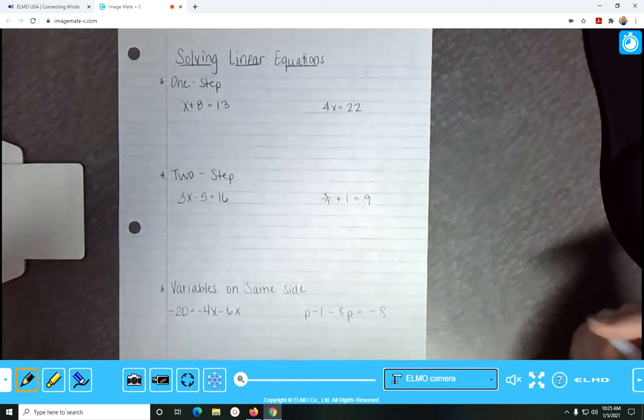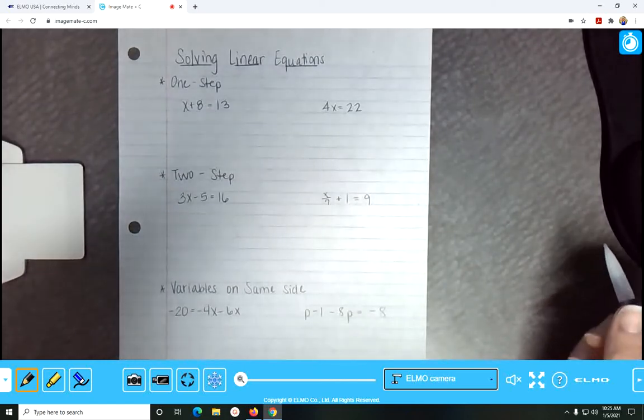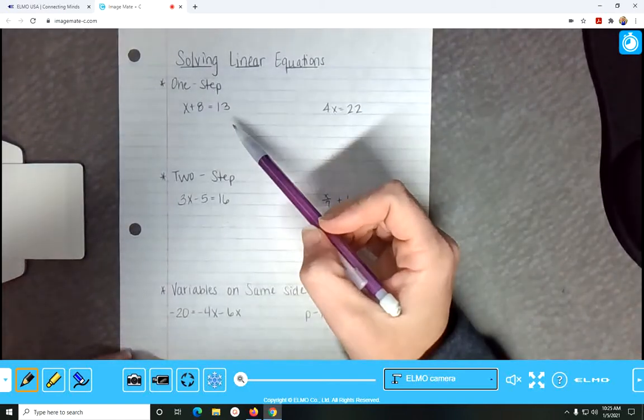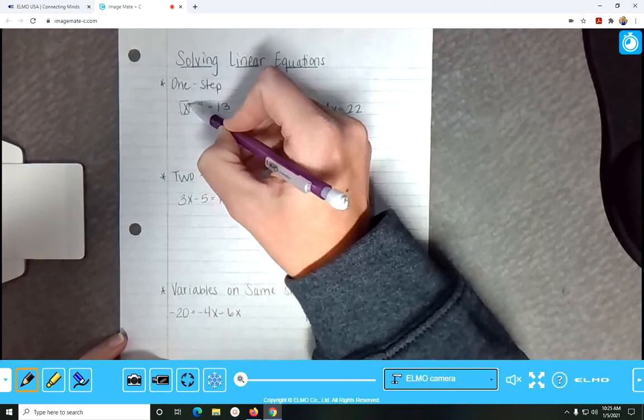In this video, we're going to look at how to solve linear equations. We're going to start with some basic one-step or two-step equations and work our way up to some that are a little more difficult. So remember that when you're solving an equation, you're trying to isolate the variable by using